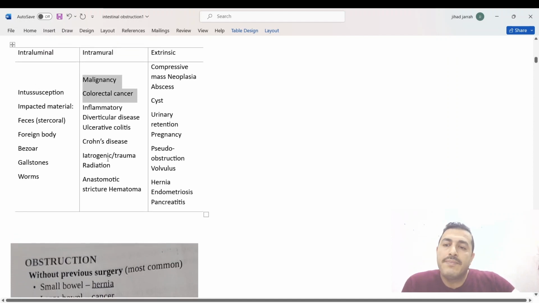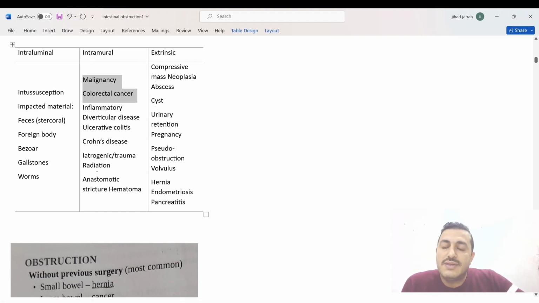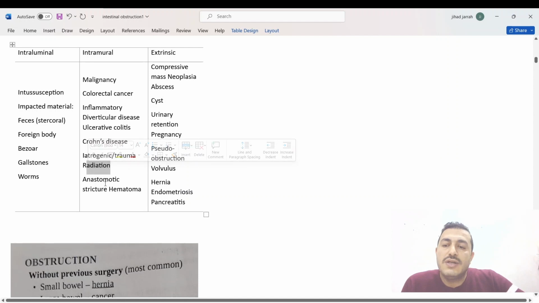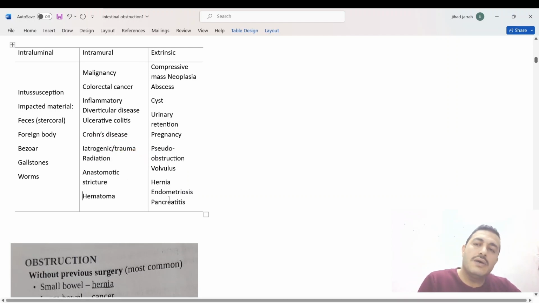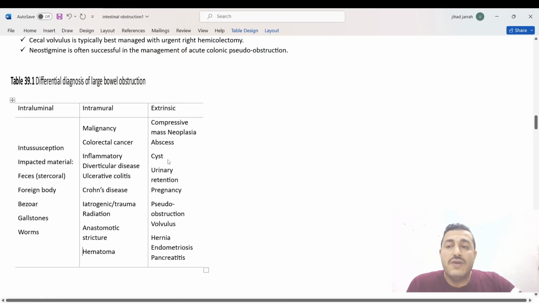Iatrogenic trauma causes ischemia and eventually either perforation or stricture. Radiation, anastomotic stricture, hematoma. Okay, extrinsic causes of large bowel obstruction: compression from outside, mass, neoplasia, abscesses, cyst, urinary retention